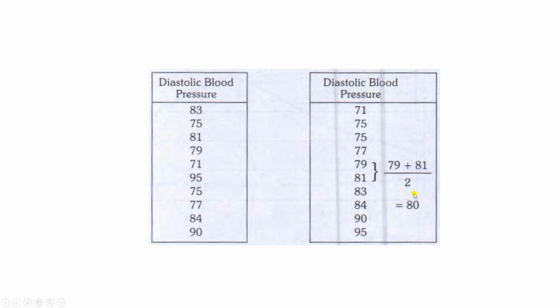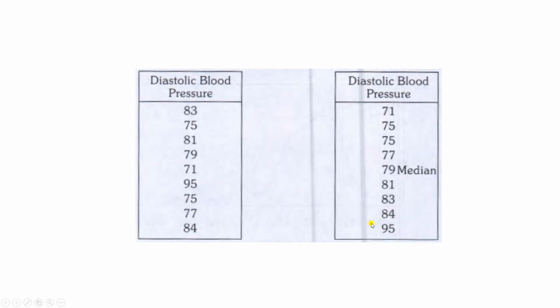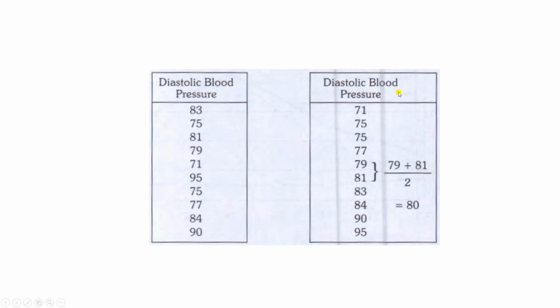Now remember, this median can be different from any value in the data series. For better understanding, in case there is an odd number of observations, the middle value, the median value, will always be a part of the data set. So 79 is present here, you can see there is 79 here. But if it is an even number, then you have to take the average of the middle two values. This average value may or may not be present in the data table. Okay, so remember this. So this is about median.